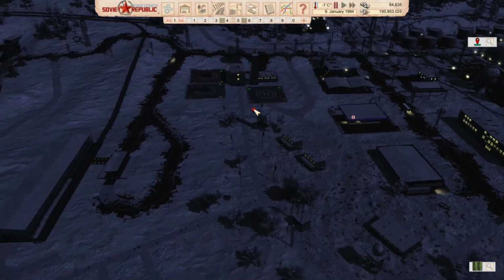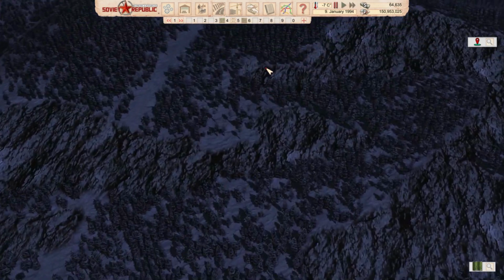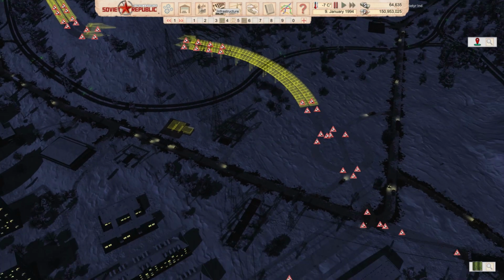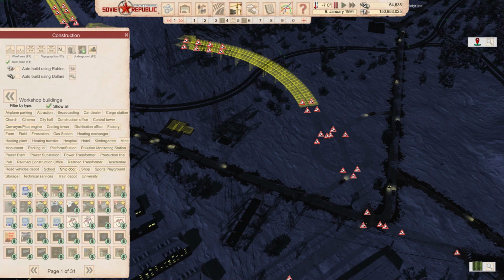Oh, we don't have a proper fueling. We have a petrol station here in the mountains. Okay, that's a little bit of a problem. I kind of tend to agree that this is a little bit of a problem. Okay, let's go and try to resolve this. Let's go to mods. Let's go for the